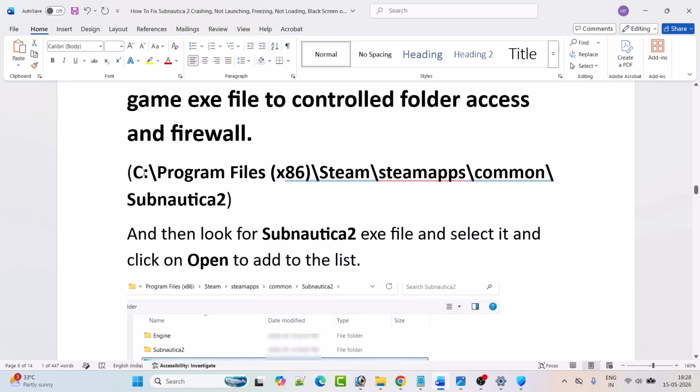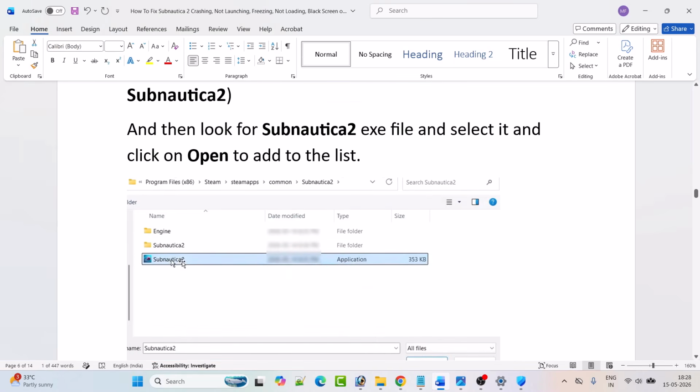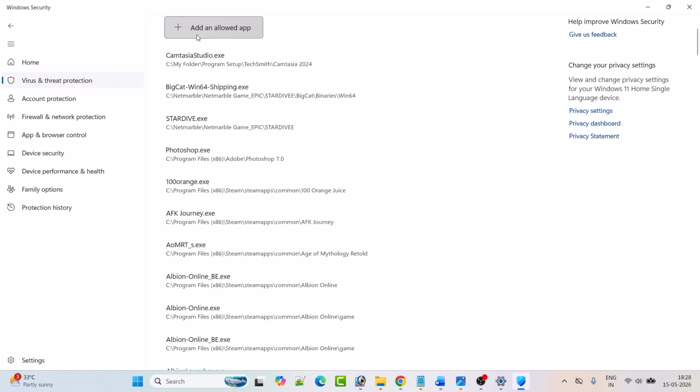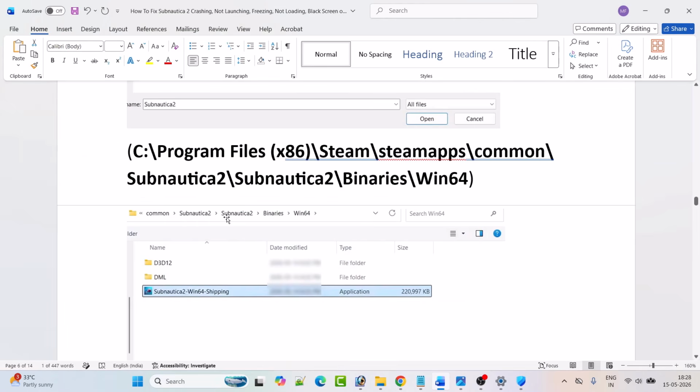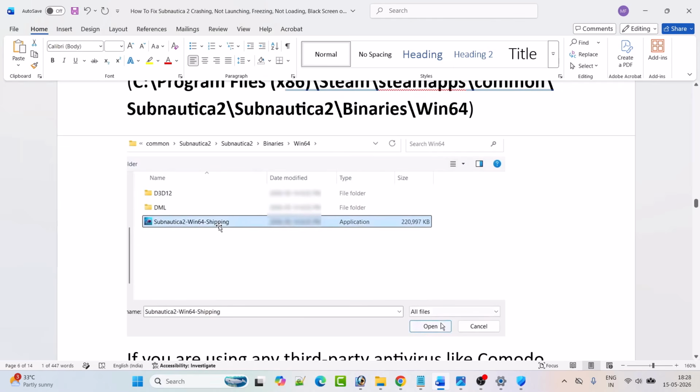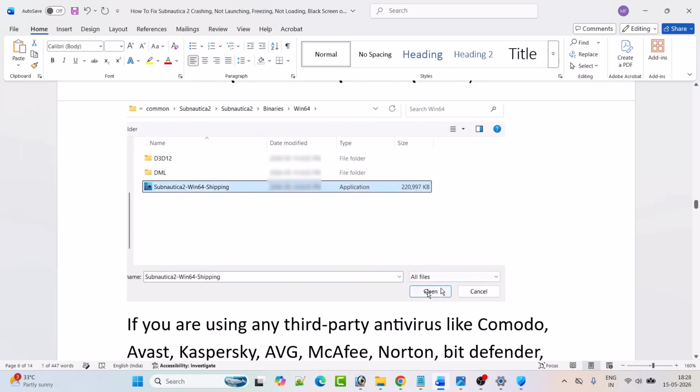So browse to C drive, Program Files x86, Steam, steamapps, common, Subnautica 2 game folder. Select this Subnautica 2 exe file and then click on open to add it to the list. Now again click on add an allowed app, browse all apps, and this time open the Subnautica 2 folder, Binaries folder, Win64 folder. Select this exe file, the Subnautica 2 Win64 Shipping exe file, and then click on open to add